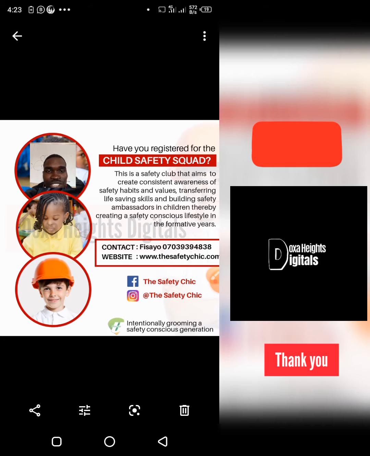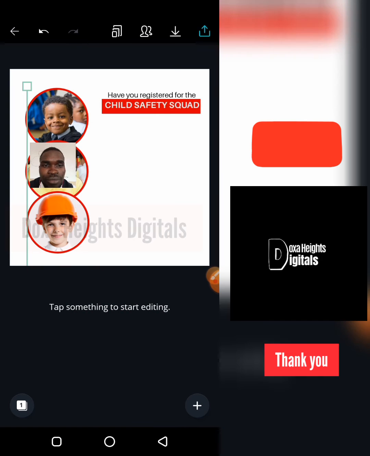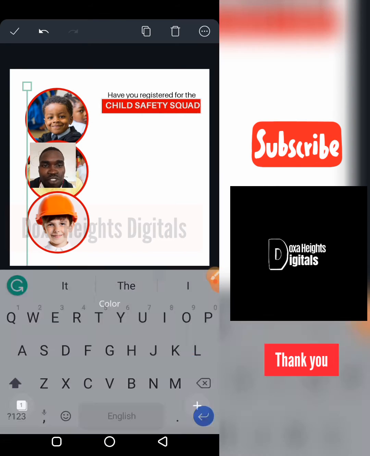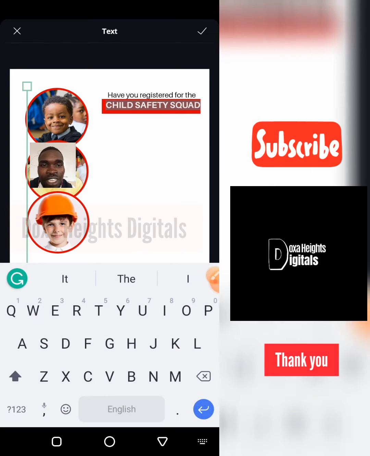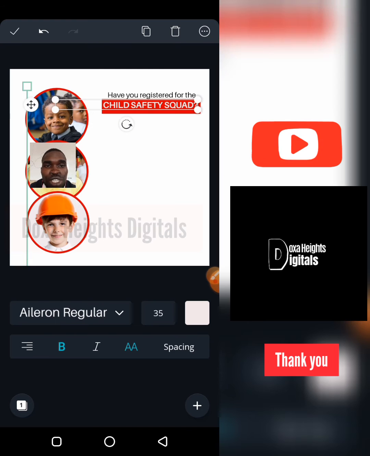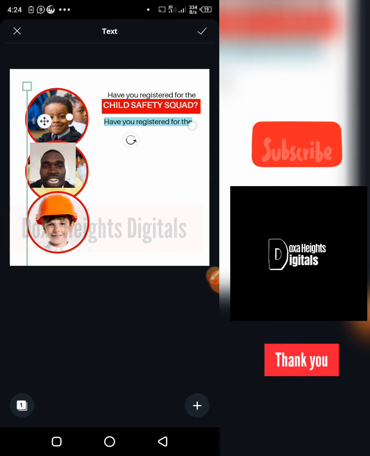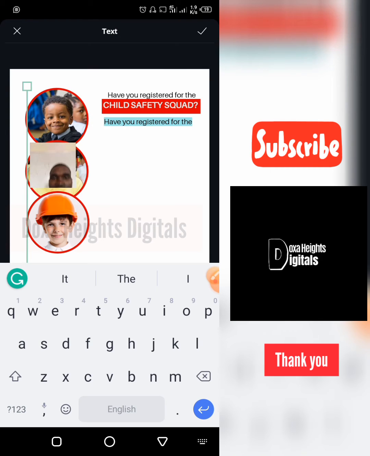So the next thing is this is a safety club that aims to create consistency. So I'm just going to write whatever matches with that. It doesn't have to be the same thing as what we have there. So I'm just going to put my capital letter, so let's not forget that. Then I'll reduce it a little. So the next thing I'll do is I'll duplicate this one, bring it down here, then I'll just write whatever comes to mind, which is okay,